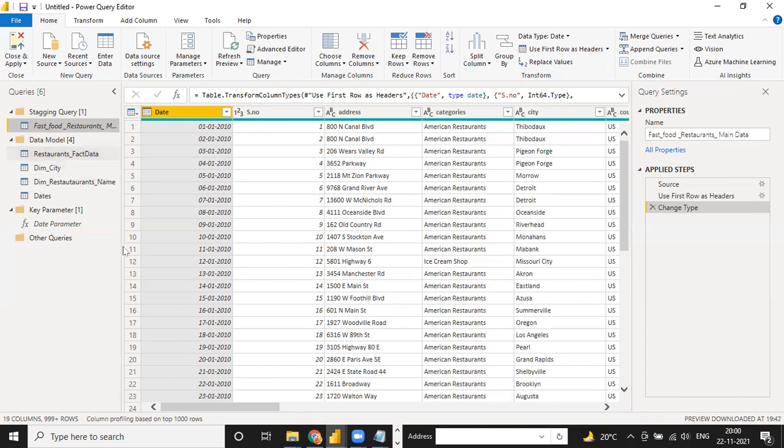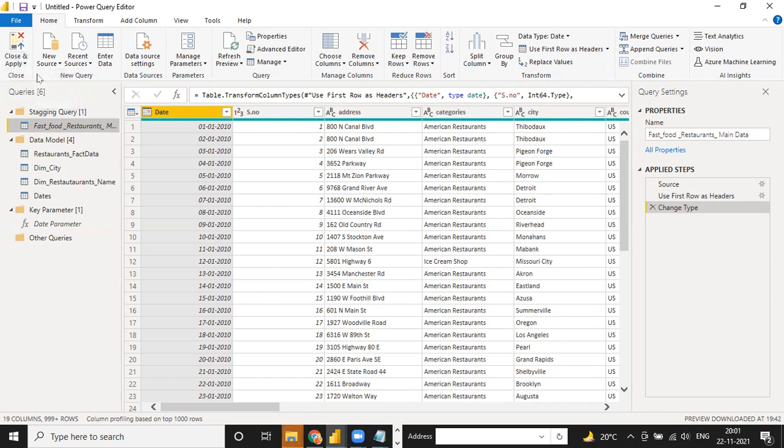Okay, and now our second step is done, which is transformation. Now our third step is to close and apply. Every time there is an option: close and apply, apply, or close. Guys, every time you have to choose close and apply, because you have to close this Power Query window and apply into Power BI. If you click on apply only, it applies to the Power BI view but does not close this window. And if you just close, the window will be closed but not applied into the Power BI view. So always select close and apply, and remember close and apply only.